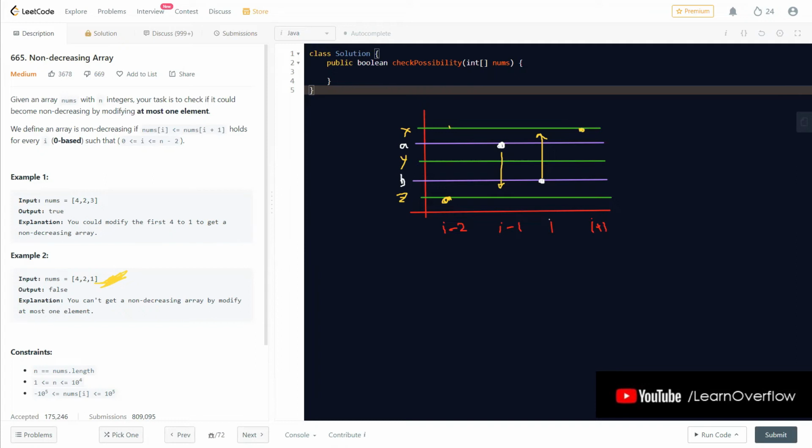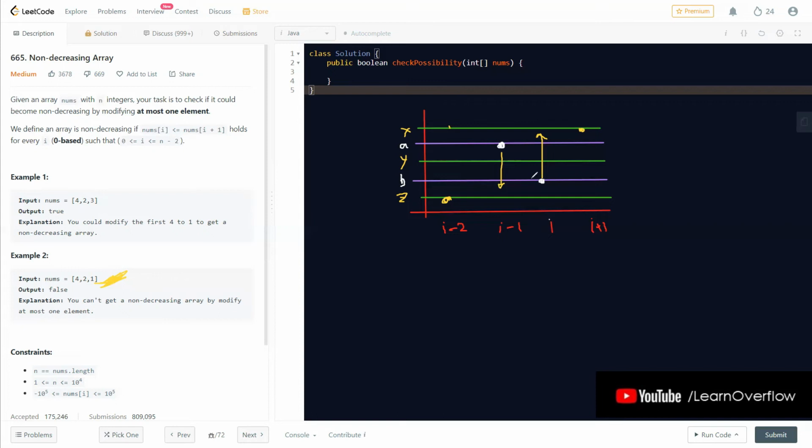Okay, so we can see that in this kind of scenario, if we need to do something like this, then we need one modification at a place. We can do either one modification at a place. Okay, and there is another, you need to check which one to do. So that's a bit confusing over here. Okay, you either need to move this down or move this up. So that's a confusion, and we need to decide which one to consider,